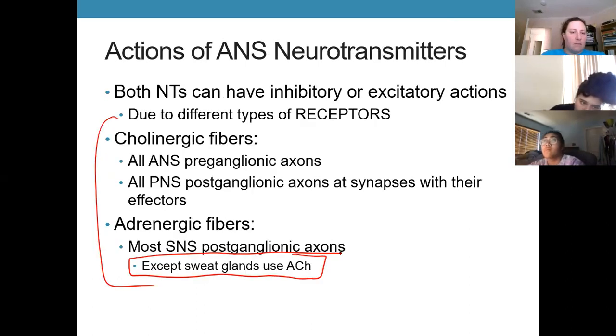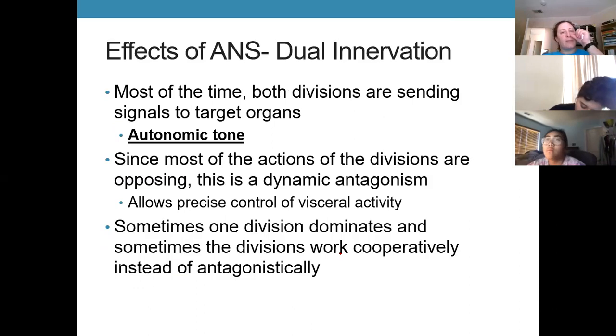Thought I had something else about receptors, but I guess I don't. Okay, that's fine, doesn't matter. All right, so